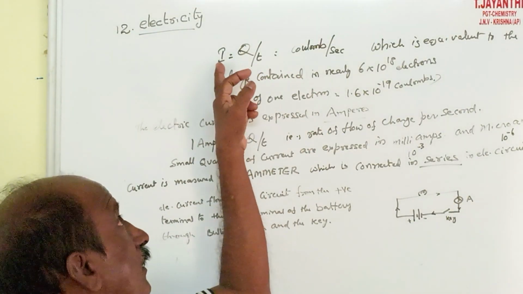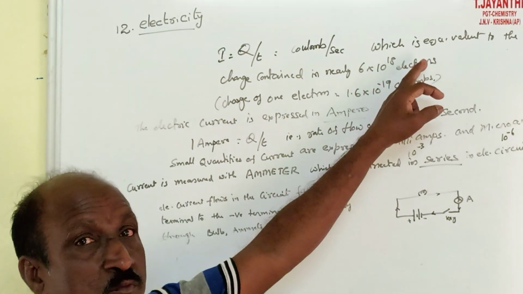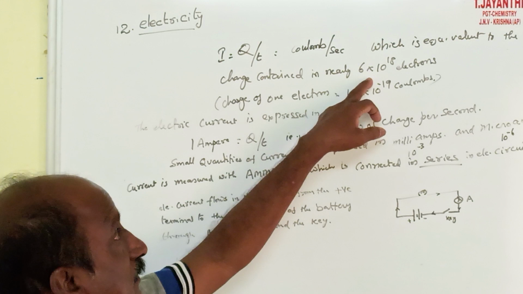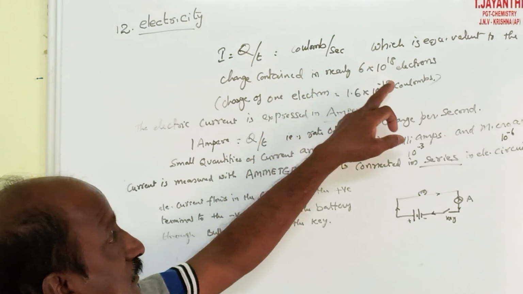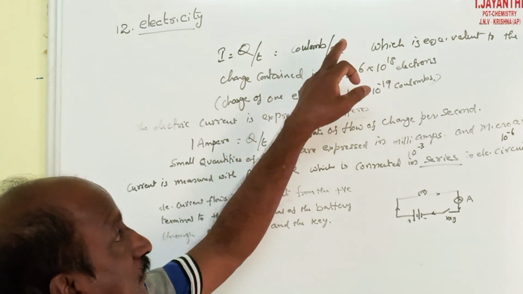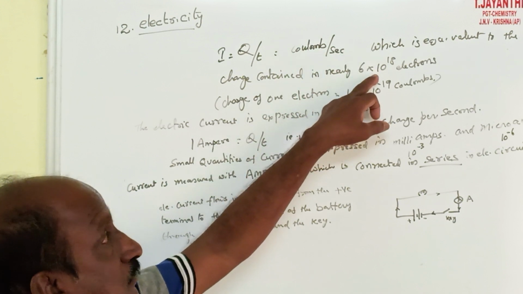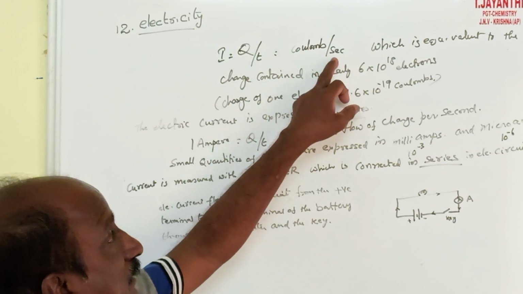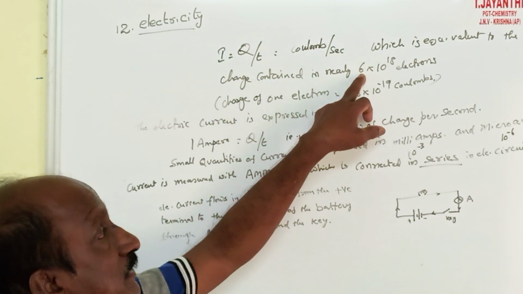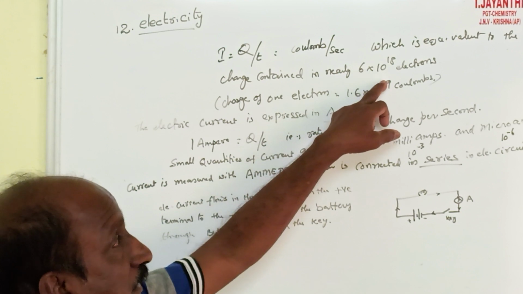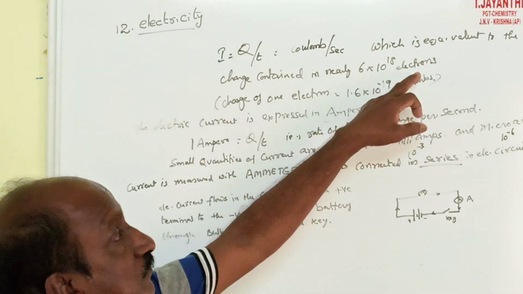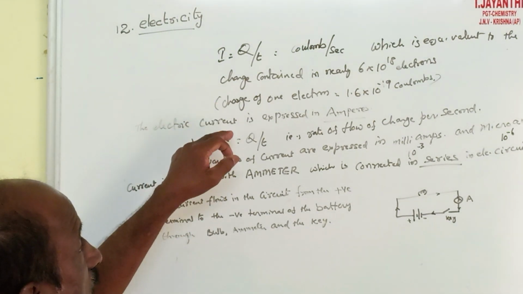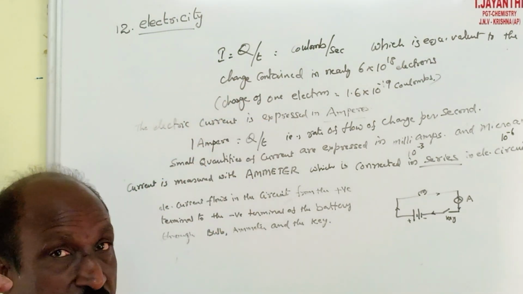The value of the current is equal to 6.6 into 10 power 18 charge, in coulombs per second, as we said. That is 6 into 10 power 18 electrons. Of course, if we consider the value of this in terms of electrons,